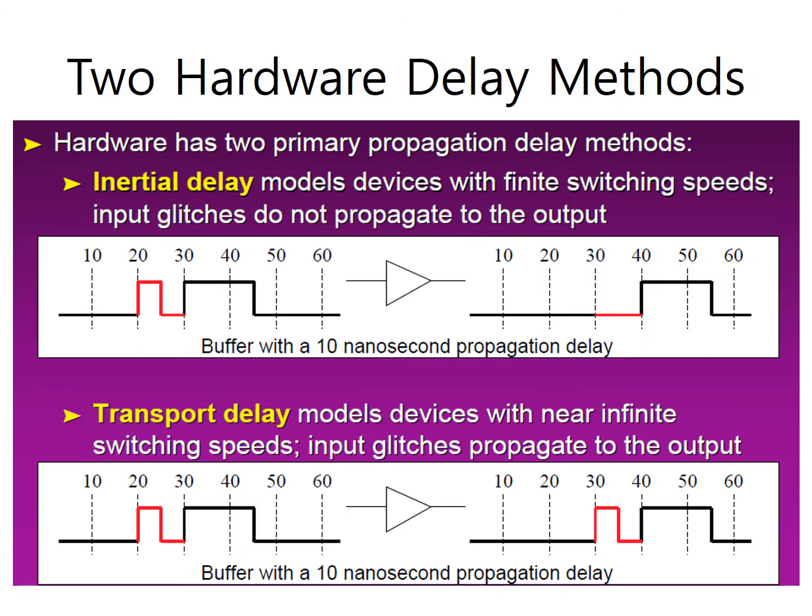There are two hardware delay methods. Hardware has two primary propagation delay methods: one is inertial delay and the other is transport delay. For example, if you specify a buffer with a 10 nanosecond propagation delay, this buffer delay will be 10 nanoseconds. Then if you give an input pulse, the first activity change happens,